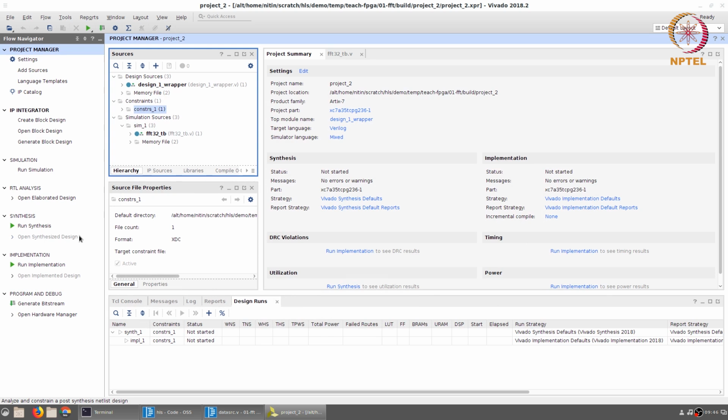Now with all of this in place, we are ready to generate the bit stream. We can of course go through it step by step, run synthesis, run implementation, and generate bit stream. I'm going to jump straight to the end.